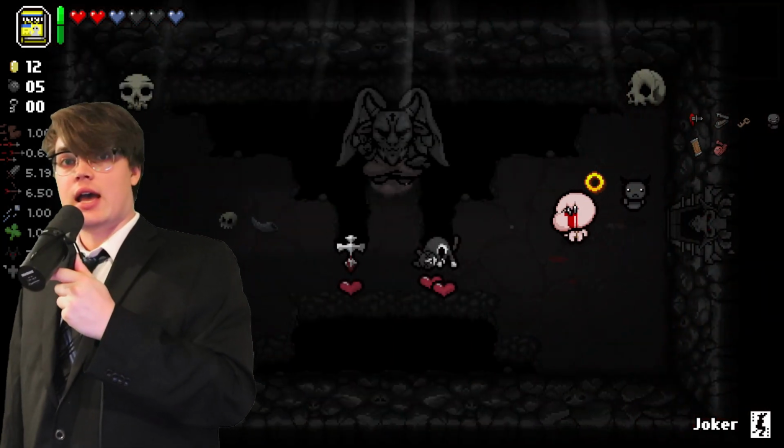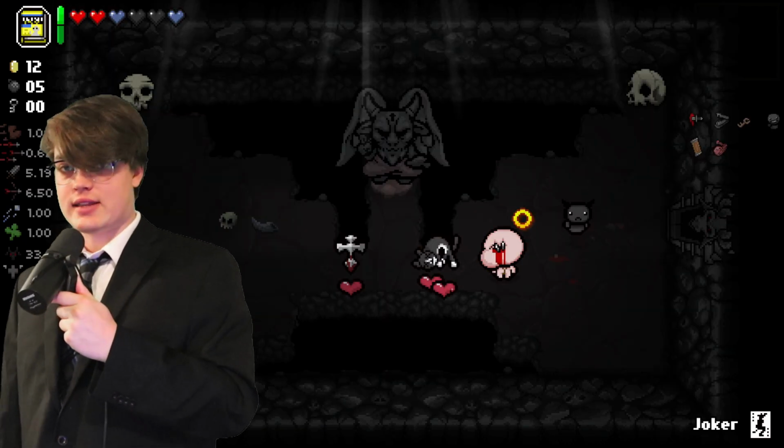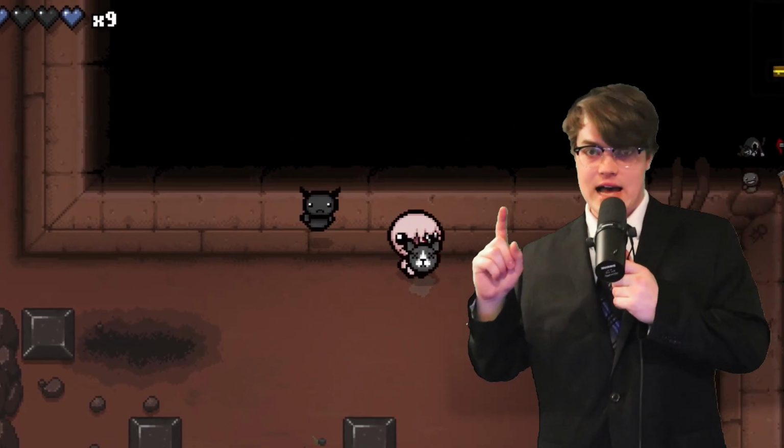This devil deal has a dead cat. Dead cat gives you 9 lives, which is kind of neat, so we should take that. There's one last thing I want to show you before we leave this floor. If you blow up certain walls, you can find...